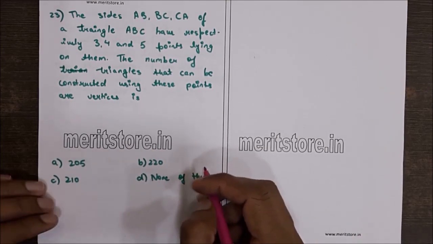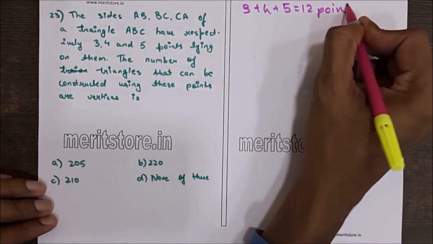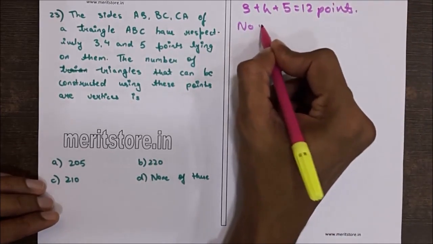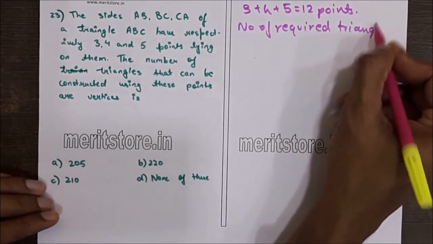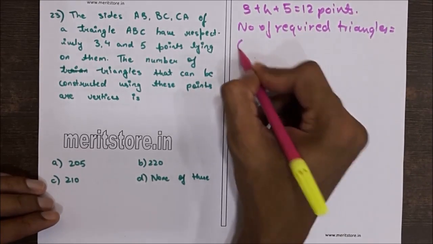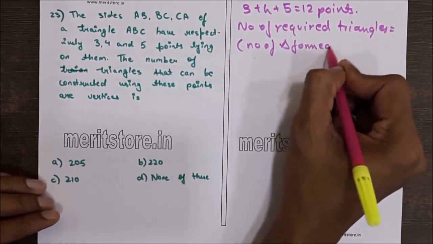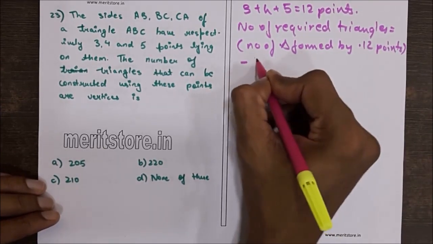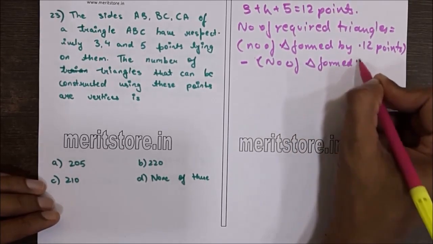In all, there are 3 plus 4 plus 5 equal to 12 points in a plane. The number of required triangles is equal to the number of triangles formed by these 12 points minus the number of triangles formed by the collinear